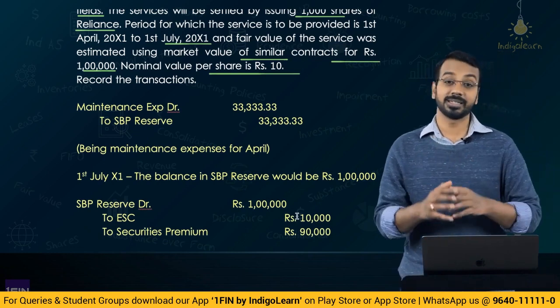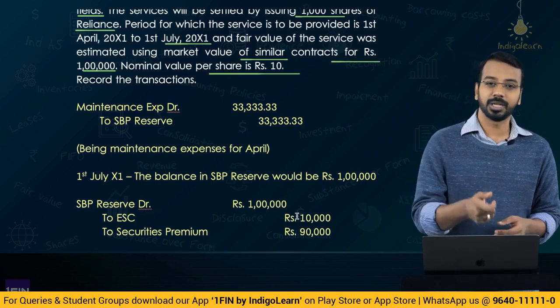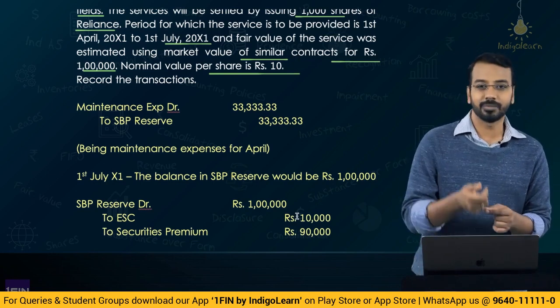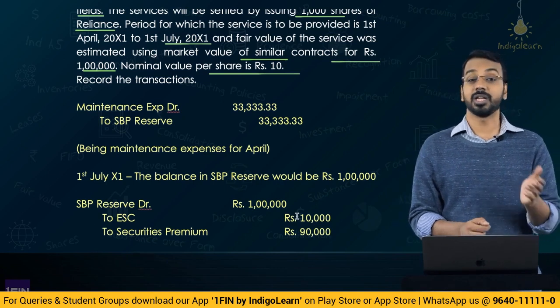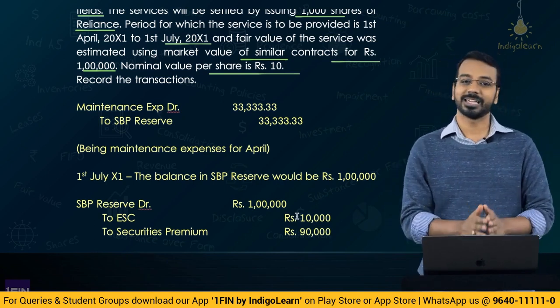The value of service that is received is 1 lakh, against which we are issuing equity shares. Because we are issuing 1000 equity shares, 10,000 is towards the face value, that is the share capital, and 90,000 is towards securities premium. So friends, we have understood the accounting treatment when there is a share based payment transaction with cash alternative,